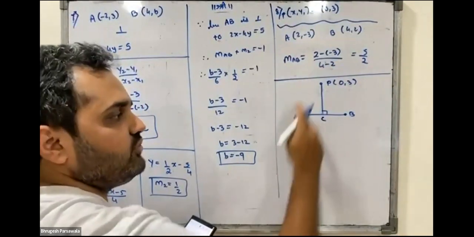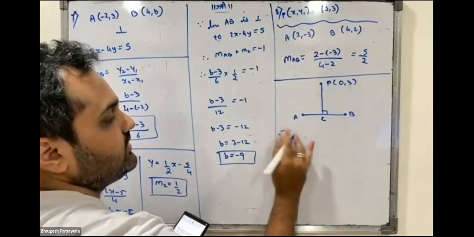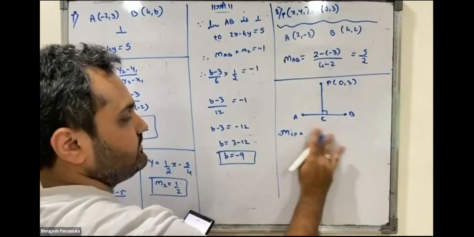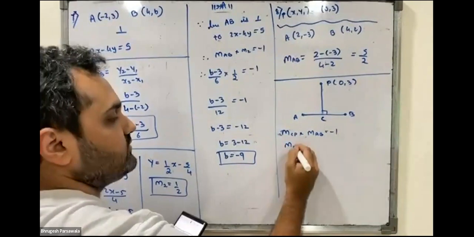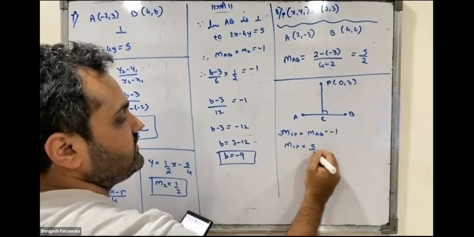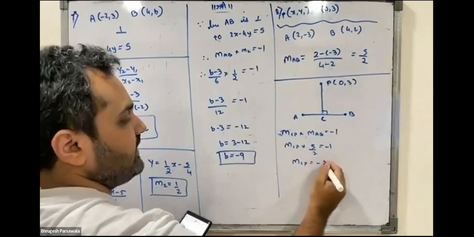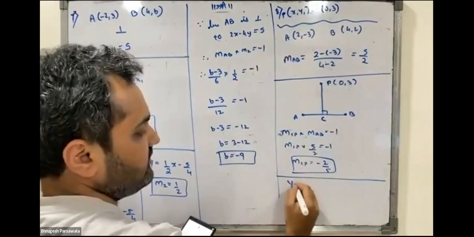From slope of AB, can I find slope of the required line? Slope of CP into slope of AB is -1. Slope of CP into 5 by 2 is equals to -1. Slope of CP is -2 by 5. Okay. Now the equation of line is